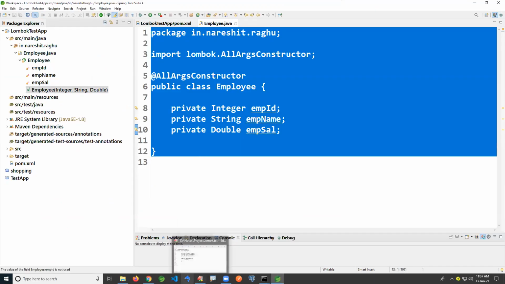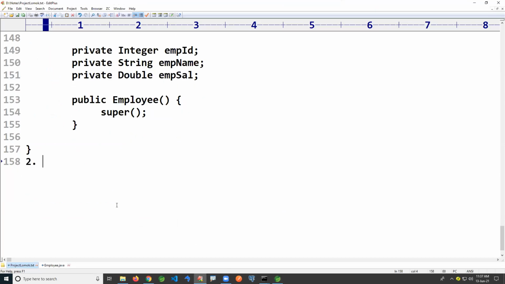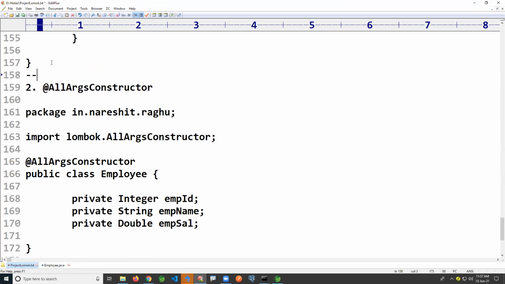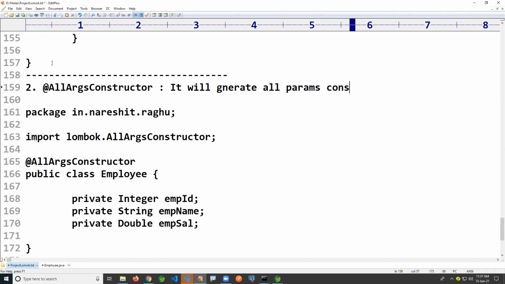Now look at the source code here. This is an example. It will generate the all params constructor.